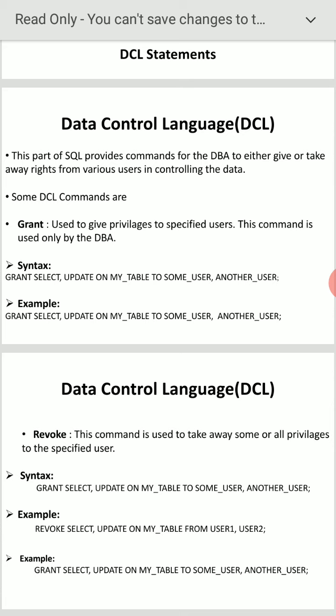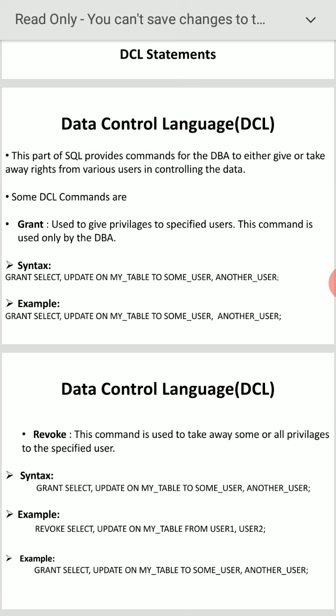But public means anybody. You see one example here: revoke select, update on student from BCA, MCA. Now the users have given permission back to the DBA on the student table.